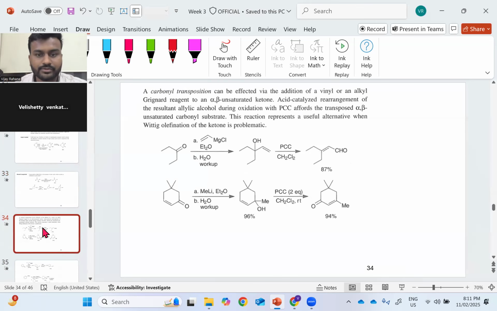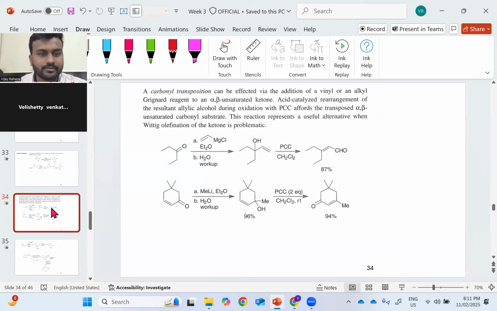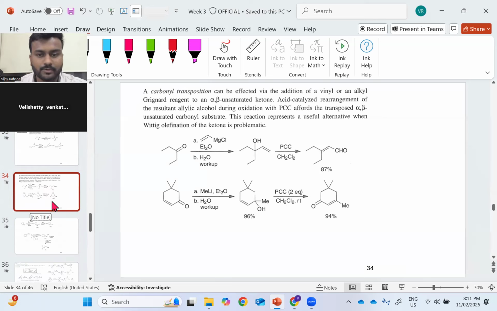But before going to discuss this acyloin, we'll see some more problems, which will be helpful for solving your assignment questions. This is one of the questions that I have directly taken from a reference book. Let's solve this reaction by utilizing the reagent combination that we have